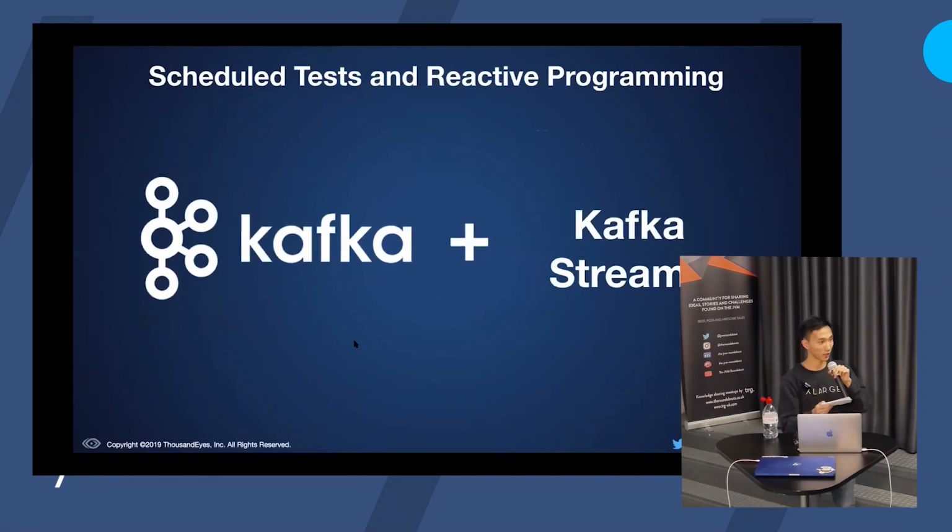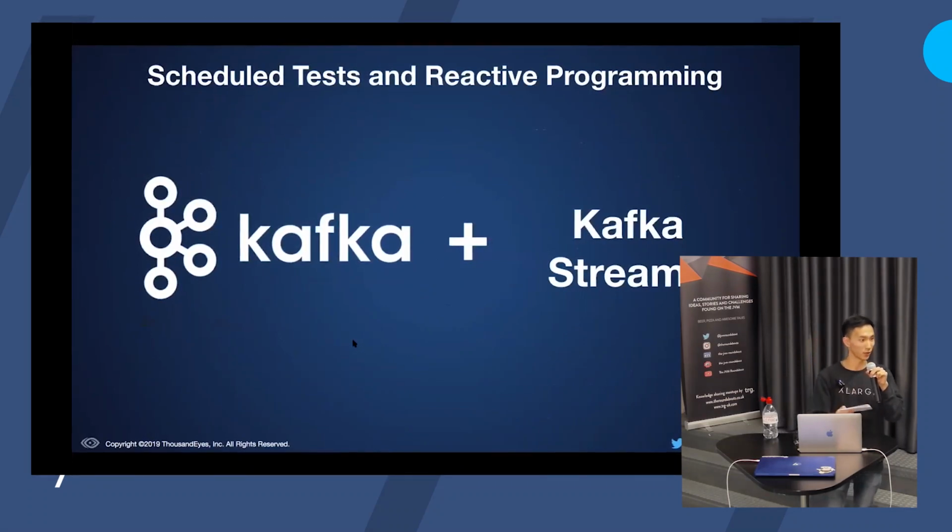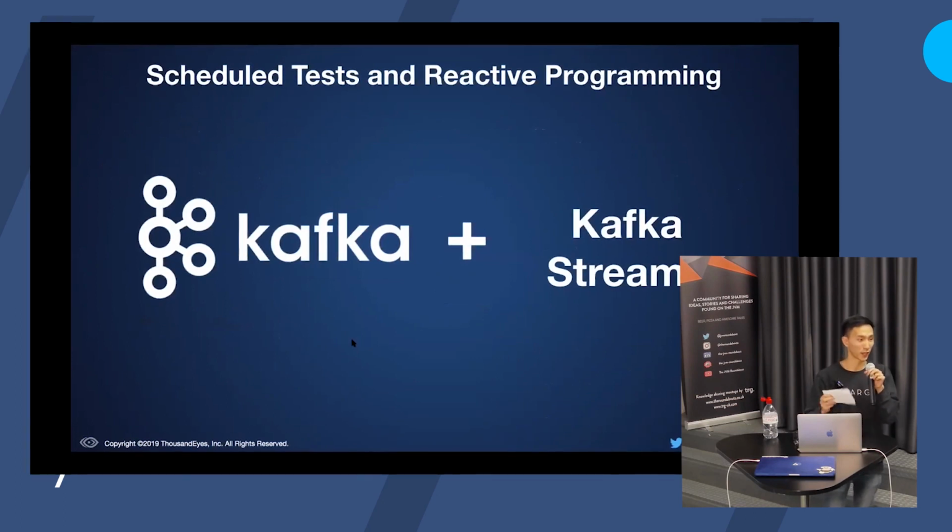Now, we use Kafka as our implementation of the asynchronous event queue. And specifically in the Kafka ecosystem, there's a library called Kafka Streams, which allows us to do effectively reactive programming on the data in a Kafka topic. And a topic is basically like a channel where the message is published. So for example, in our case, we have a topic called check-ins, or if you're an e-commerce app, you might have a topic called orders or payments. But effectively, Kafka Streams is a library that lets us do reactive programming within our applications.